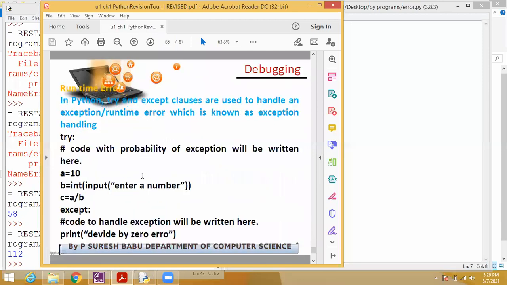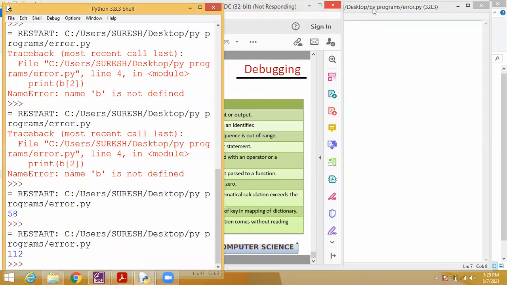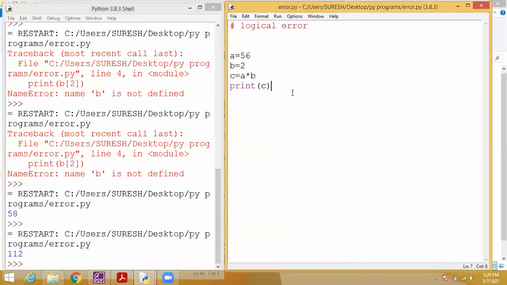Okay. So now I'm going to show you error based programs. I need answers from each and every student in this meeting. I don't want an answer from a single person or a single boy or girl. I need answers from every one of you. Students, clear? Yes, sir. Okay, I'll show you the screen. I need replies from everyone.